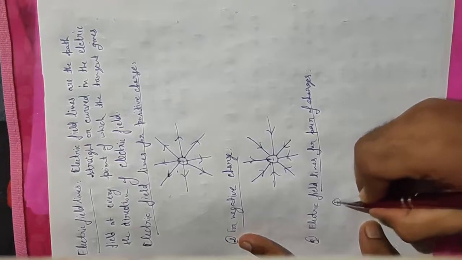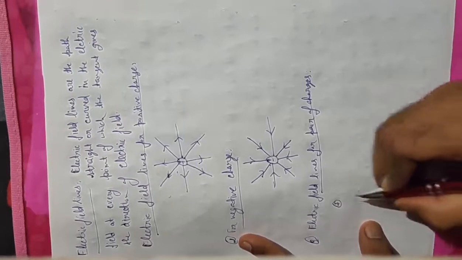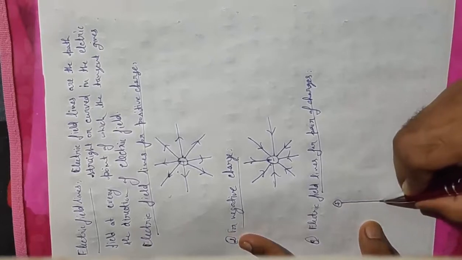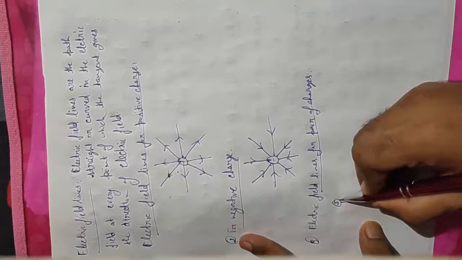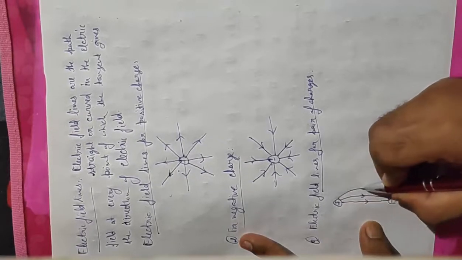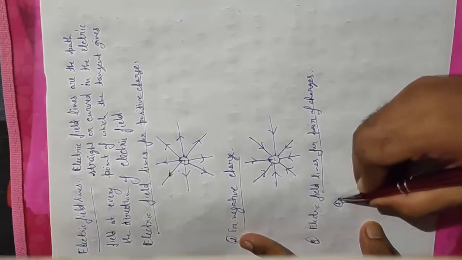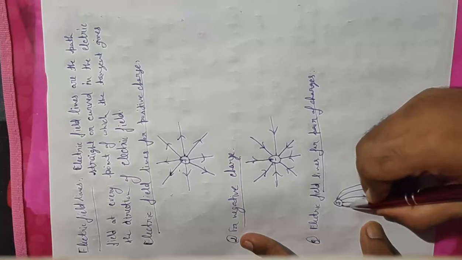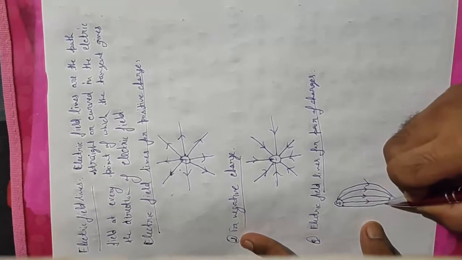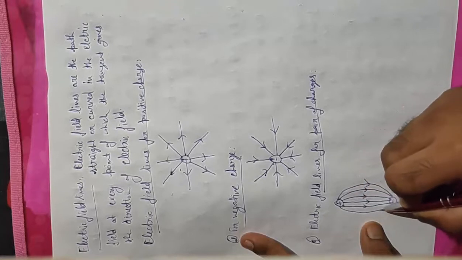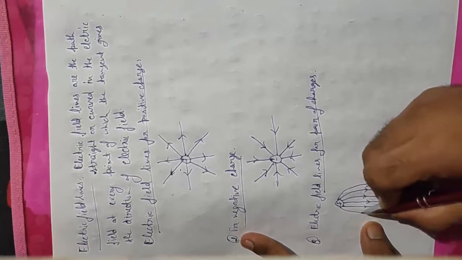Let us consider a positive charge and another negative charge. We will observe that the electric field lines will be from positive to negative, and this will be represented along this direction. These are the electric field lines from positive to negative charge. Always remember, at a certain point in electric field, no two